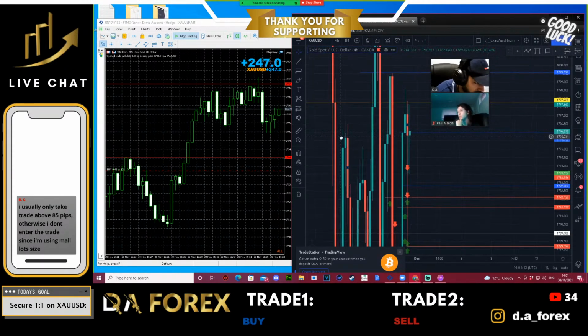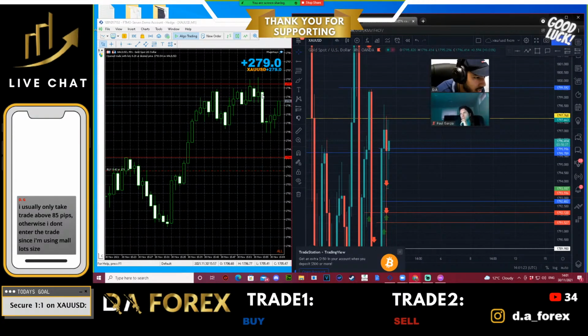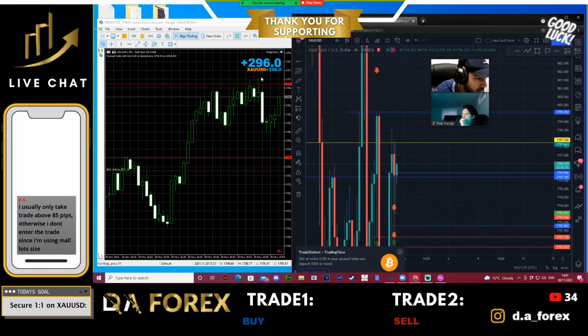Look at this resistance area here being respected as well. You're turning it into some sort of support. Again, because of this resistance area here, you're forming that upper wick first. So potentially, if you do start to see these lows being violated at this point, you can start pushing down now. But if you hold this level now, and you start breaking above these structure highs,